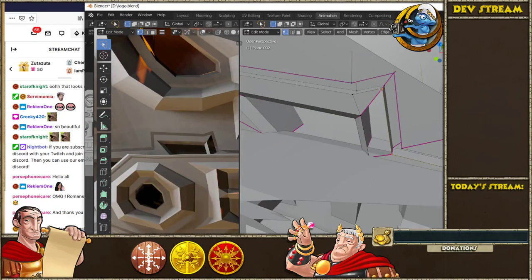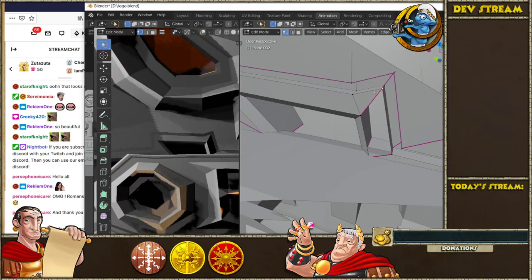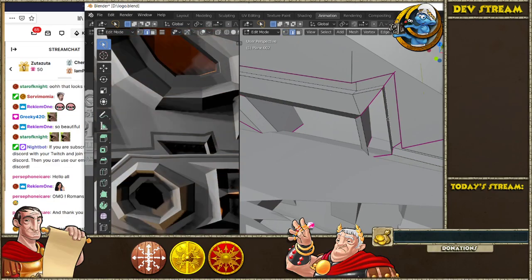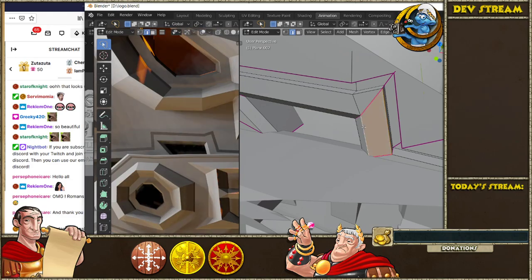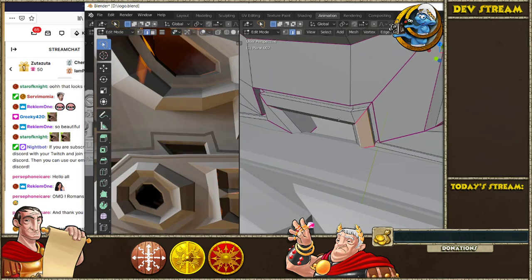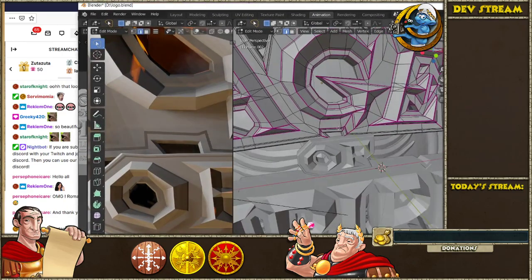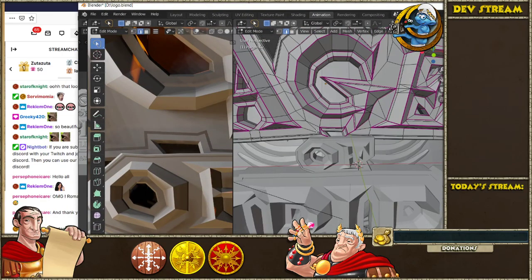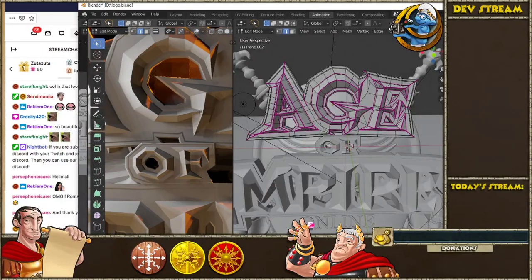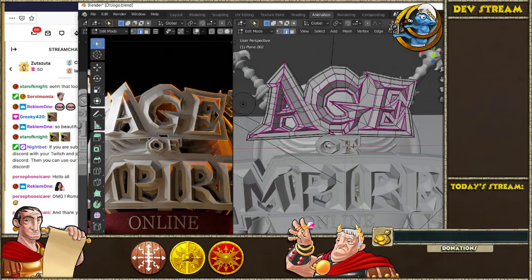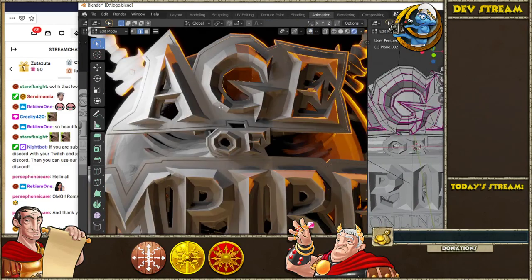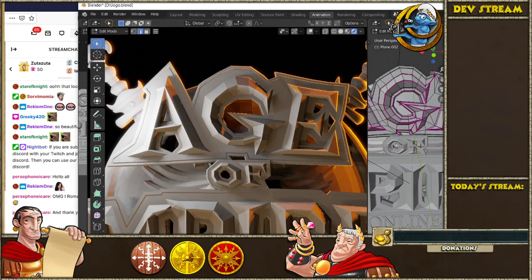Is this one corner or isn't it? It is. This is better. Perfect. So yeah, there was something overlapping. Weird thing, but it works now. So this is now the work of the lettering done. And now when I subdivide it,